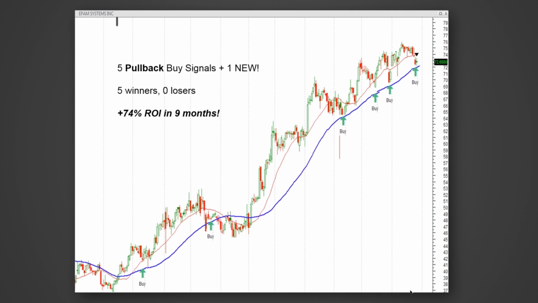This one here got in a little bit early as price fell below the 50-day moving average, and it actually looked kind of weak for a while, but it never did trigger the stop loss. So you were still in this trade and were able then to catch that nice big rally move, which would have hit your target price somewhere in there. Using stops and targets, those 5 winning trades would have netted you 74% in this stock,